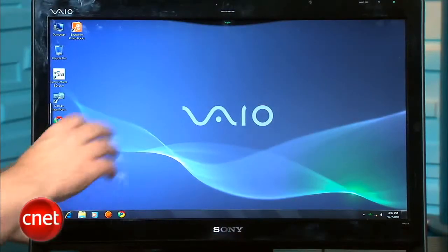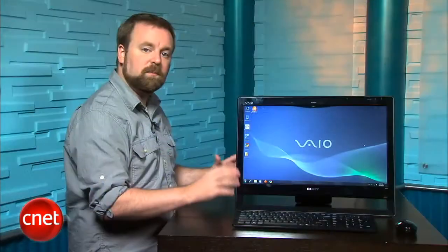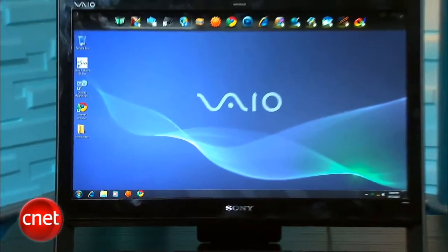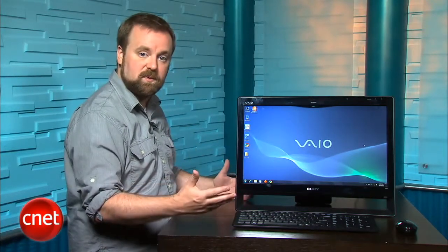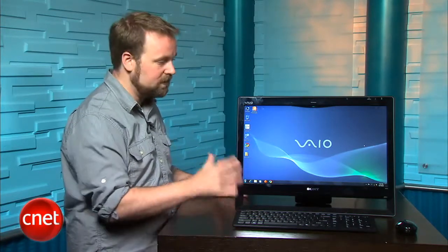So starting with the screen, this is actually a 1080p display despite the fact that it's 21.5 inches. It can handle Blu-ray discs with no problem. The problem is when you get online. We tested with a number of different video sources online. We went to Netflix, we tried iTunes. The problem though is with YouTube. When we tried to play 1080p video content, it wasn't able to handle it very smoothly. We even updated the flash player to make sure everything was nice and current, and still the system couldn't quite